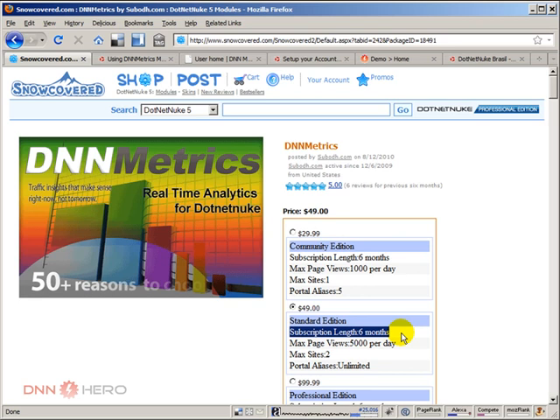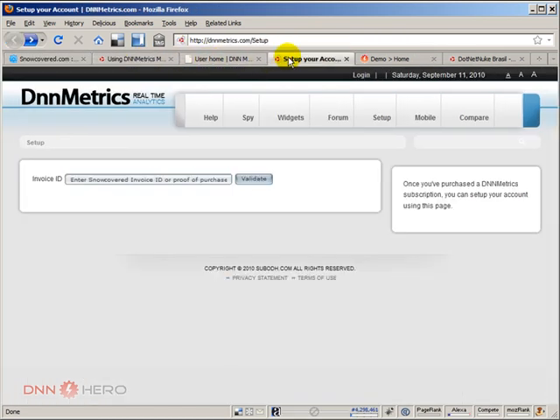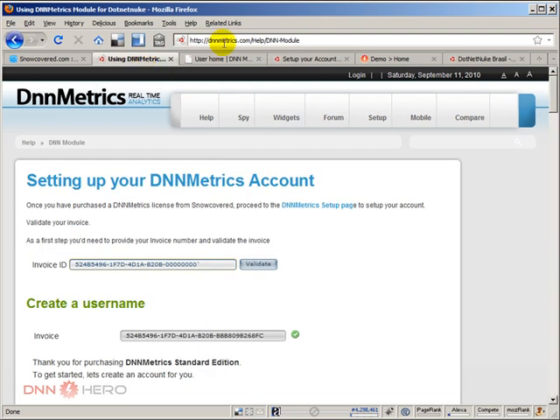Okay? So first thing, when you buy this module, is that you get an invoice number, and then you can go to a page called setup, which you can validate your invoice number. Once you validate, you create an account and you set up your sites. This part I have already done, so I cannot really repeat that, but there is a page in their site,